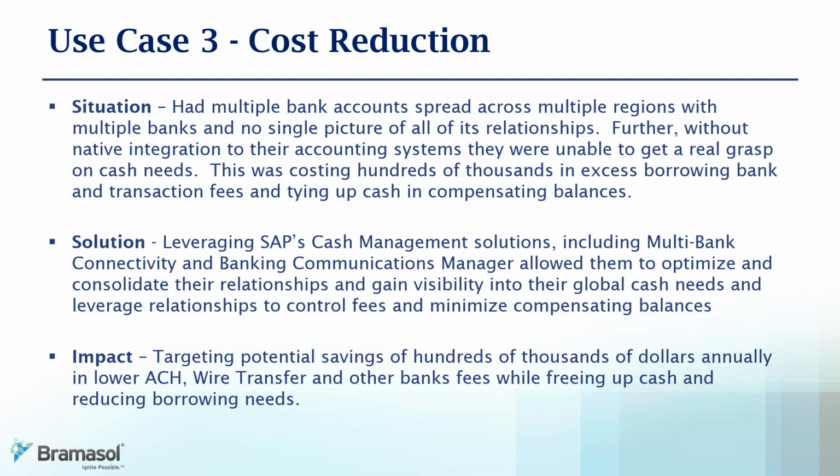Well, yes, they're going to continue to go up, whether you're doing a wire, ACH, or whatever you may be doing. But when you're doing the straight-through processing with the banks, you're still going to have those fees depending on how many bank accounts you have. But when you can take a straight-through processing type system such as SAP, and you can reduce those number of banks, because now you can do that seamlessly, build up the rules to do the pay on behalf of or the receive on behalf of, it gives you much more flexibility to pay or collect your money more seamlessly and still have all those other,